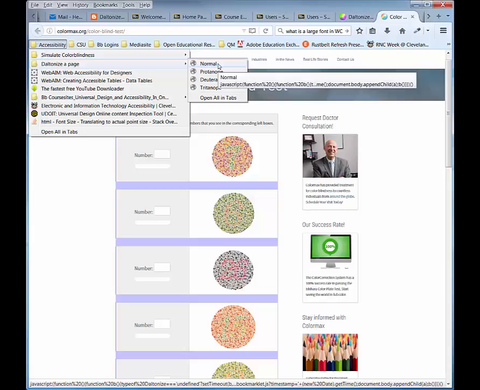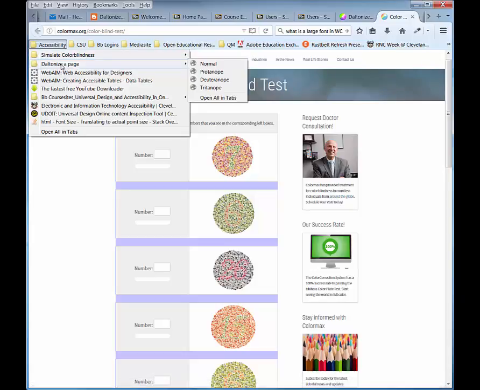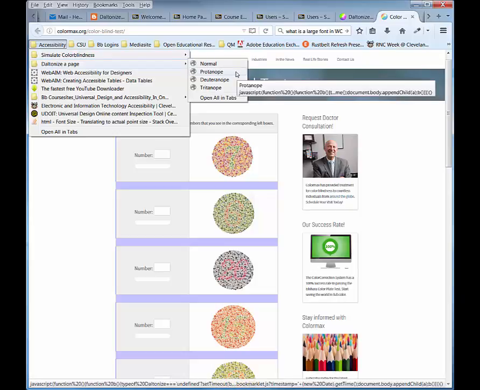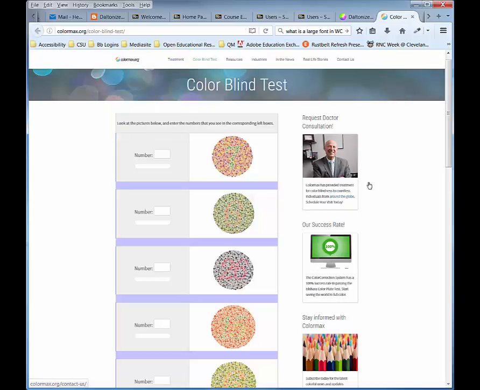So if I had protanopia, I would open up my Daltonizing folder and pick the Protanope Daltonize algorithm to run on this page. So there it's shifted the color values somewhat, or the hues, so that I can differentiate between the colors and actually see some of the numbers appear